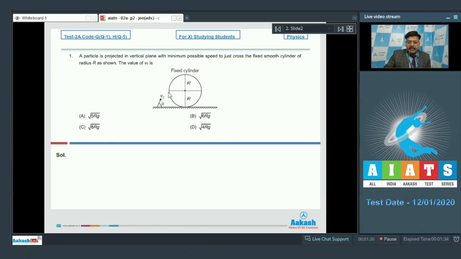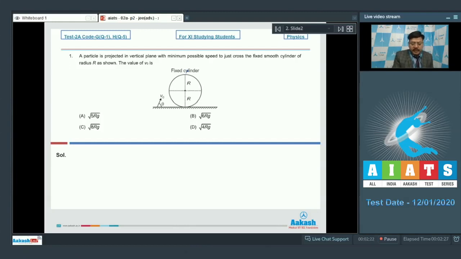Well, here we can conserve mechanical energy, and the point is that once the particle lands on the cylinder, its tangential velocity will not be affected due to collision. Here the cylinder is smooth, and that's a key point, which means that we can simply conserve mechanical energy to find the minimum speed. And if we do that, we just have to take the projectile to the top of the cylinder, and even if it is reaching the top with speed very close to zero,